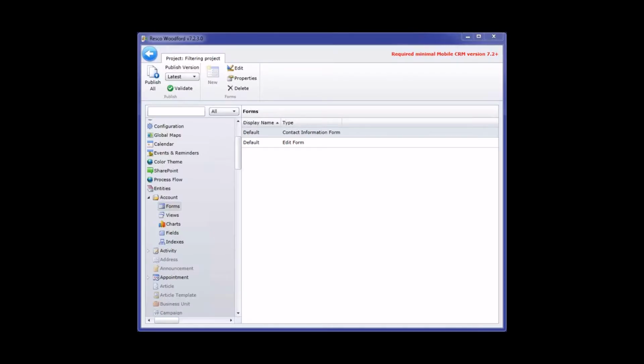Okay, so now what I want to talk about is a feature built in directly into the application. This one does not require any additional setup in Woodford. Just place a particular view on a form and this will be available. It allows you to copy fields for sales entities. So basically if you are creating a new opportunity out of a quote, a new quote out of an order, or a new order out of an invoice, then you can,